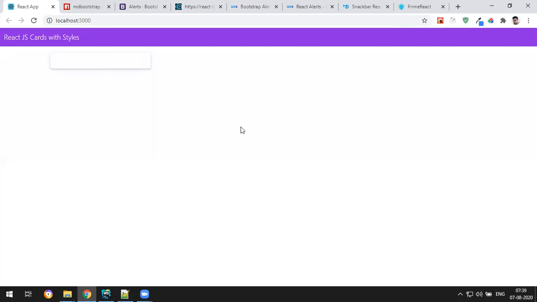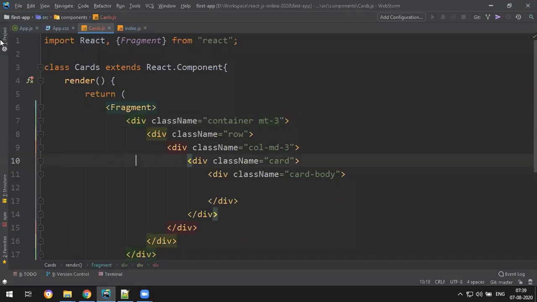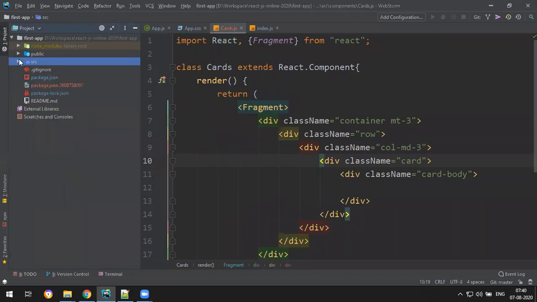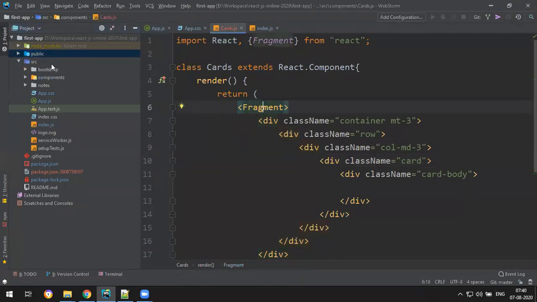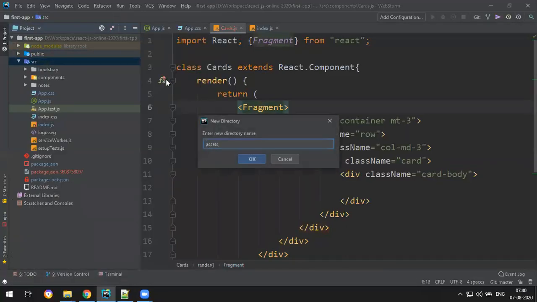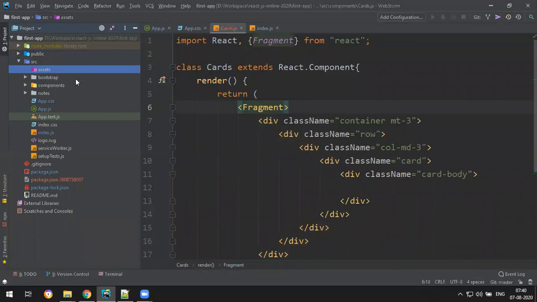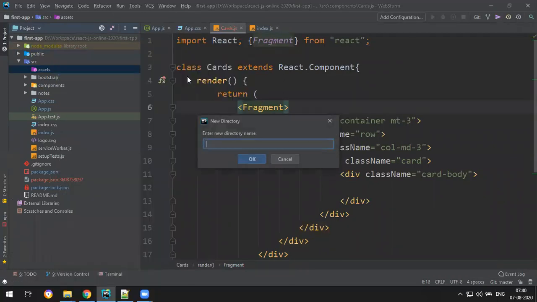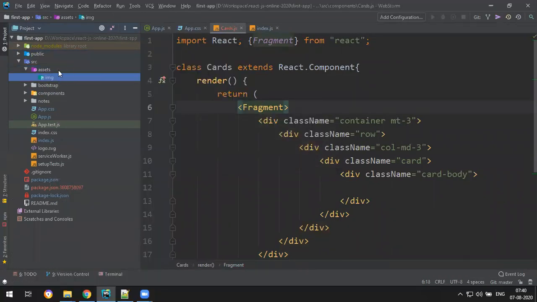First of all, I need to get some images, and also in React.js, where do we keep the images? src contains the source code, right? The public folder contains static files, but where we keep the images is in the src folder itself. So you create a folder called assets, and here you keep the assets. Assets means images, GIF images, or any other local MP4, MP3 files, and all you can keep here. I want to create one folder for images, img.